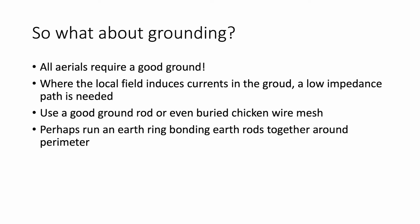And I could tell when it was raining because my VSWR altered as it rained; as the ground improved, the VSWR improved. And the morning I actually worked ZL, it had been raining all night. And I always put it down as being the major point. But I had not really thought of the attention I had to pay directly beneath the aerial. Of course, the greatest field is directly beneath the aerial. So therefore, that's where you really need the best possible